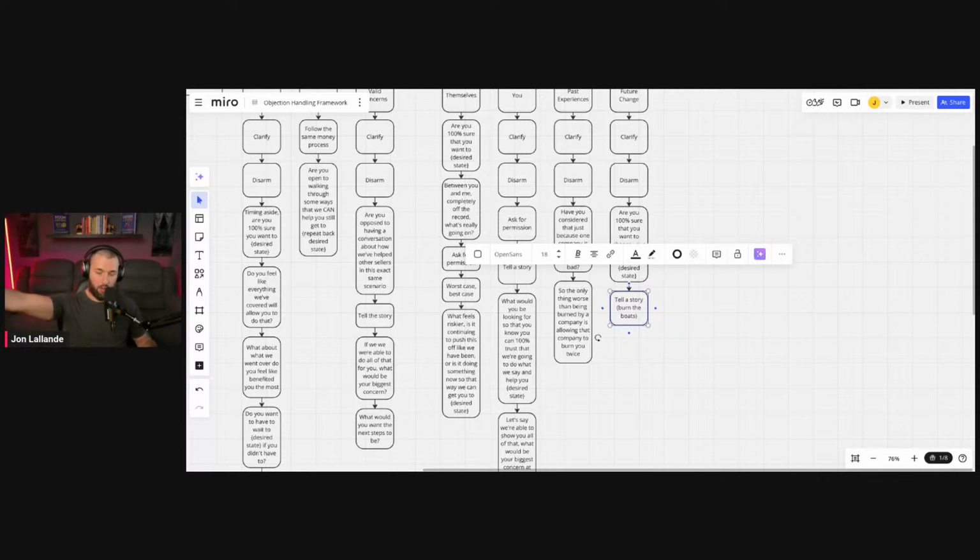And so what do you feel like you need to do to burn your boats? Are you 100% sure that what you want is in front of you? Yeah, I'm 100% sure. Why? Well, I know I need to do X, Y, and Z. And I might even pull back. Well, you don't have to do that. A lot of people don't. A lot of people just stay in the current situation. Why not do that? Well, if I keep doing that, then I'm going to continue to do X, Y, and Z.